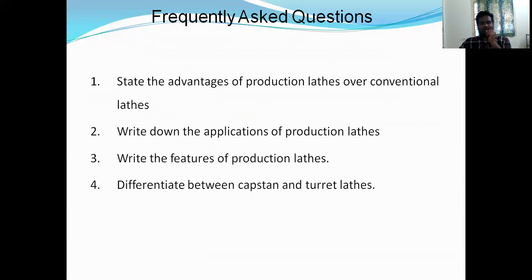So with this, I have concluded this session, and also the lathe machines. In lathe machines, we have learned so many things: engine parts, parts of the lathe machine, construction features, work holding devices, tool holding devices, types of lathe machines, advantages and disadvantages of lathe machines, and types of production lathes. We have learned all about the lathe machines. So by this, I have closed today's session and also the lathe machines chapter. With that, we will